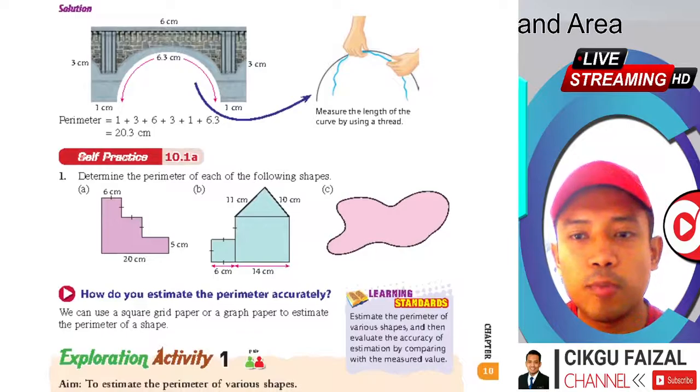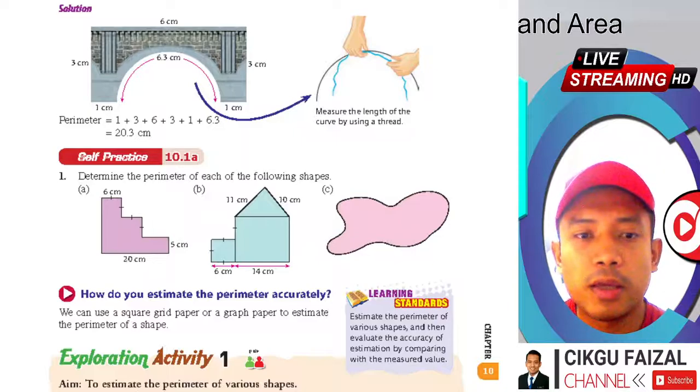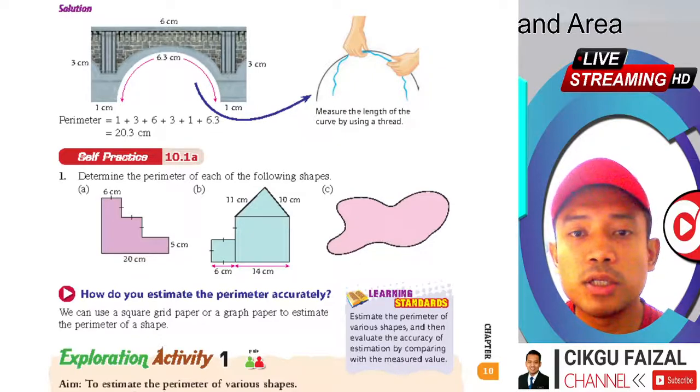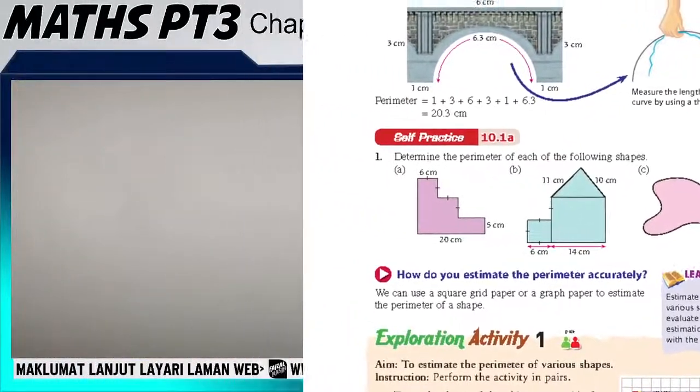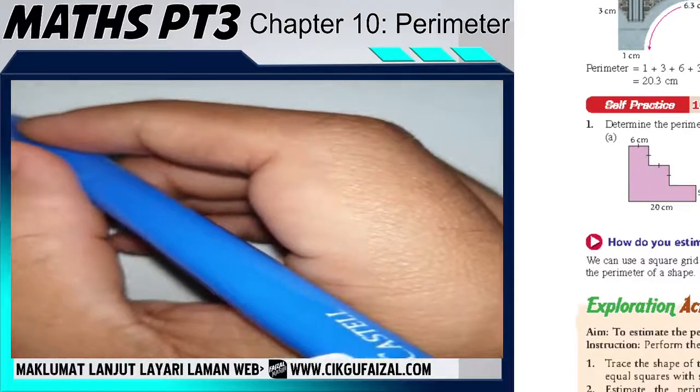Okay, self-practice 10.1. Determine the perimeter of each of the following shapes. As you look over here, there are 3 exercises. A and B are shapes that we can calculate using a formula. But the shape for number C is not a uniform shape. You need to measure it using thread or rope, and then you put it on the ruler. So let's look at question number 1. Determine the perimeter, right? As you look on the screen,